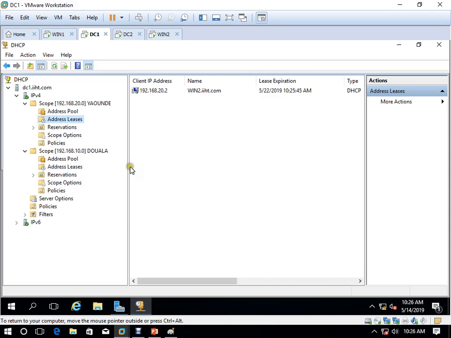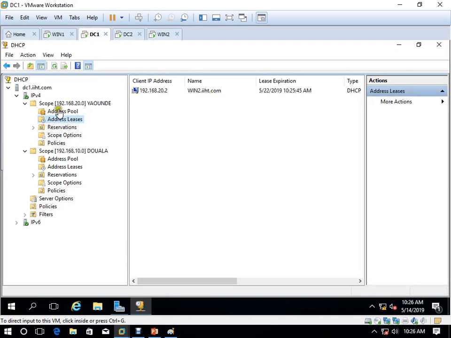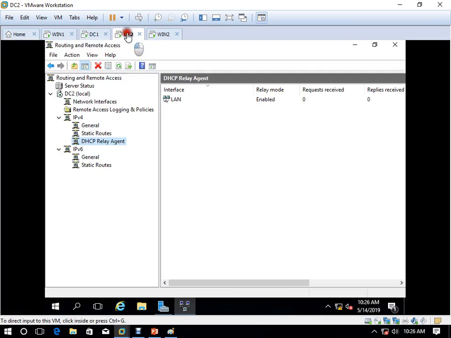So this is known as the DHCP relay agent. If you have many branches, you just add the scope, install routing and remote access on that branch, and enable this relay agent feature. After that they will receive an IP address. So this is all about your DHCP relay agent, how to configure it, what its purpose is and why we need it. If you have any question, let me know, because this is very simple.